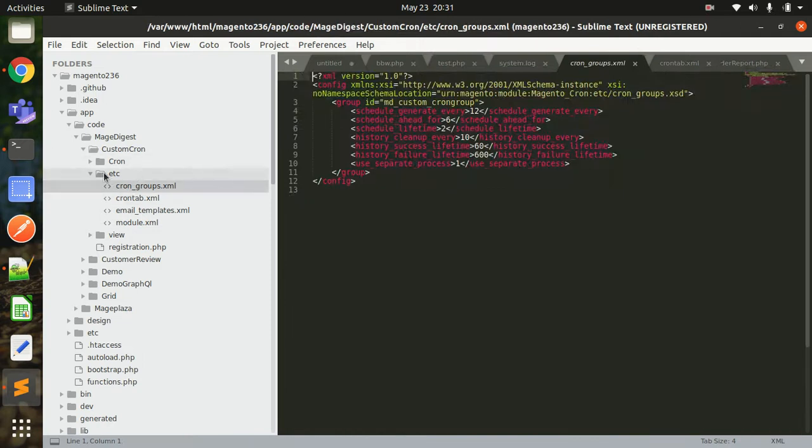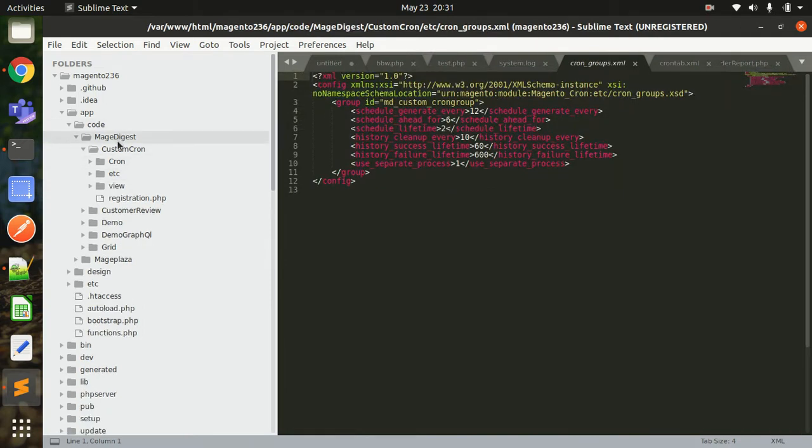Today's video, we'll discuss how we can automate tasks using cron in your Magento store. I'll give you a brief introduction to the steps for implementing such functionality in your Magento website. Cron is basically a functionality which helps us automate tasks, which we would otherwise do manually. I'll try to implement such functionality in today's video, just as an example, and I believe it will help you out. So without any further ado, let's get started.